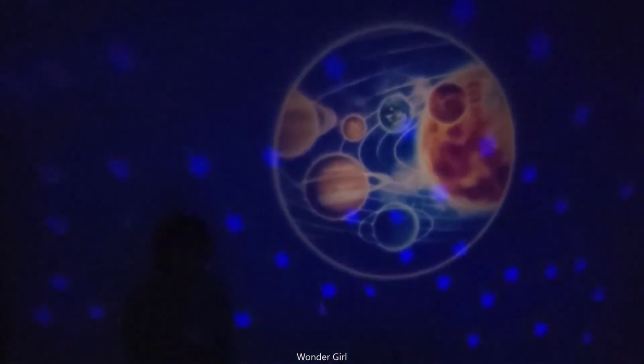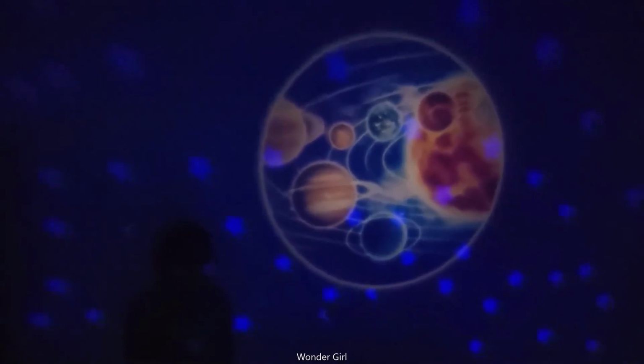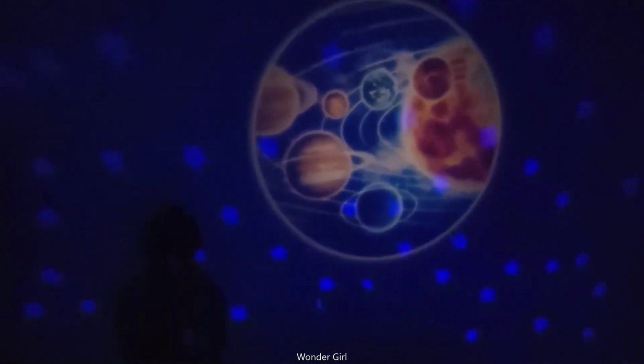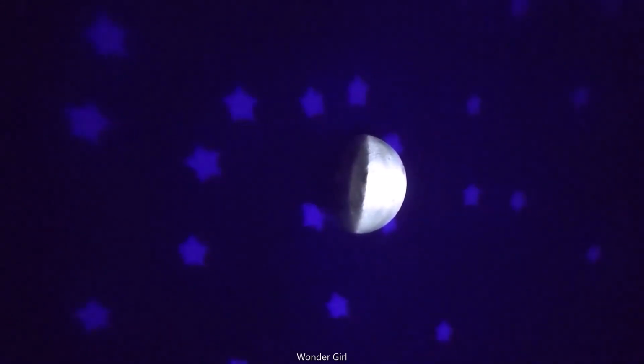Mercury, Venus, Earth, Mars, Jupiter, Saturn, Uranus. Here comes the moon. Crescent, first quarter moon, gibbous,